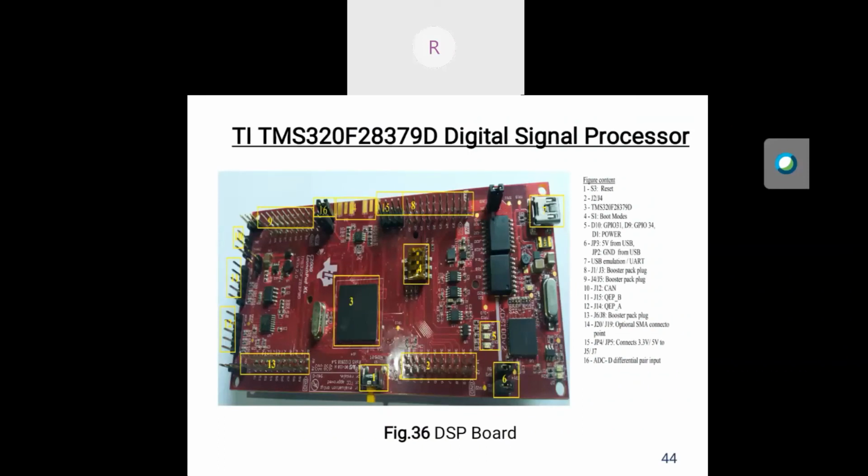Yes, sir. First, we have to step down the current that is taken from the motor. The maximum value this DSP can take is minus 3.3 volt to plus 3.3 volt. That means we have to use a voltage sensor, and the value should be between minus 3.3 to plus 3.3. Okay. First you will step down those things, right? Yes, sir. After then,